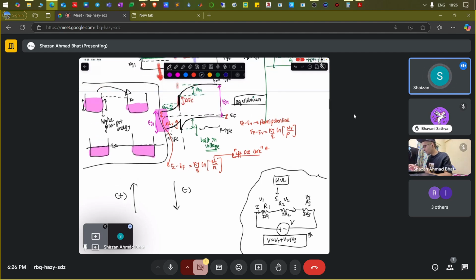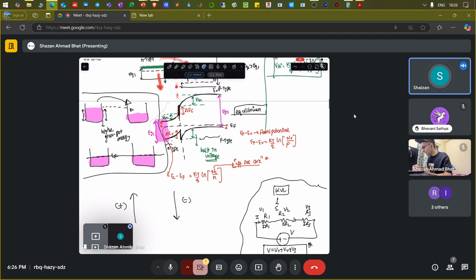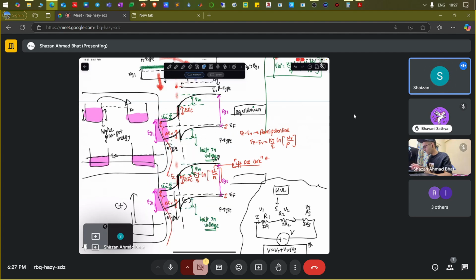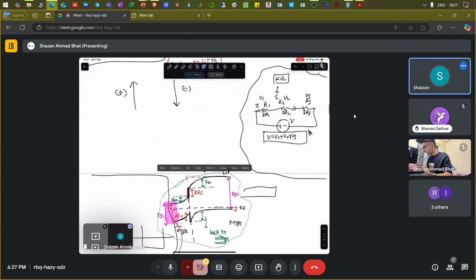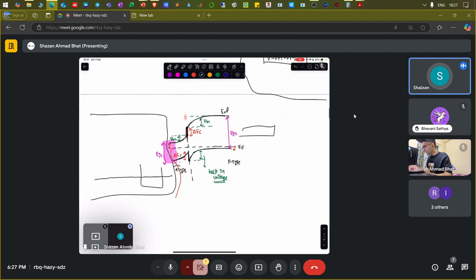Just like in this particular band diagram, yes. If I can duplicate it, let me see, duplicate. Oh, what is happening today? If I can duplicate, okay, just move all of this. If you can see,